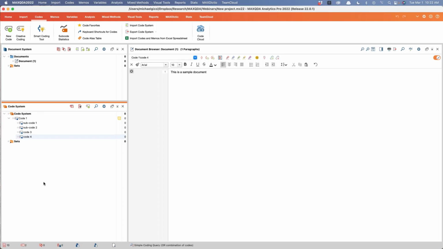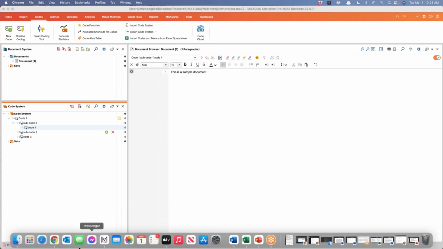I'll admit, this is the type of thing that you have to be very precise with your mouse, or in my instance, trackpad. But I could also take this and drag it back in and move it down if I want. I can collapse the codes. Code 1, code 4, sample document. I'm going to give us a little text to work with here. I wasn't planning on using a blank document, so